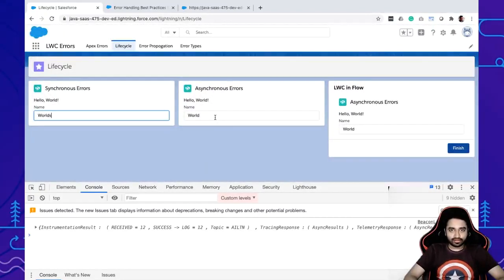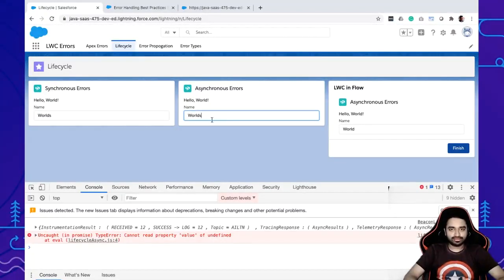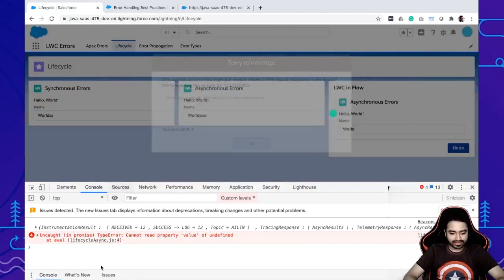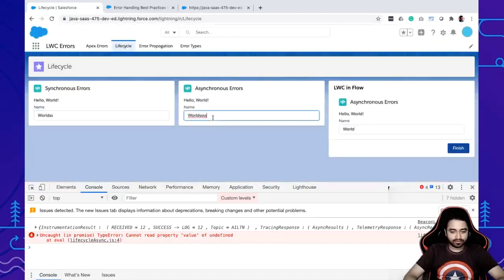Now, what about asynchronous errors? So here I'm going to do the same thing, but what you'll notice is there is no pop-up that is appearing on the screen, because like I mentioned, asynchronous errors get thrown to the browser, which is why this error is going to start appearing in the browser console. So if you remember, in the previous synchronous example, when this pop-up has come, there is nothing happening in the browser as such. But only when you do asynchronous errors, the browser console is going to start showing this error.